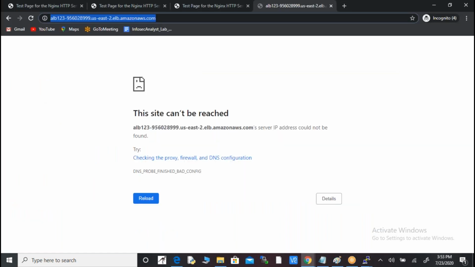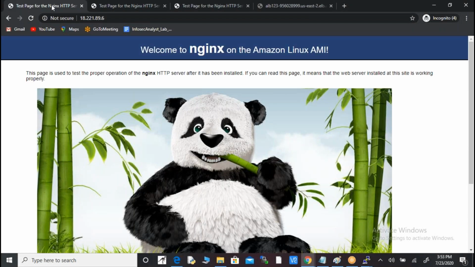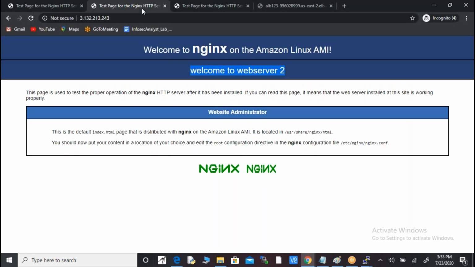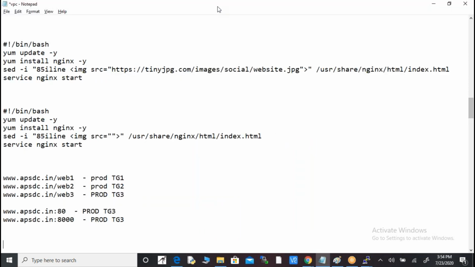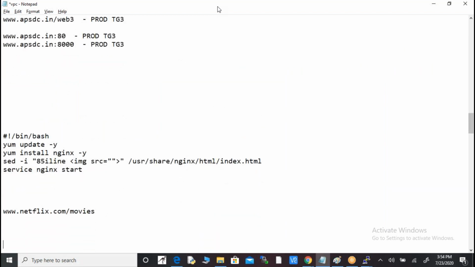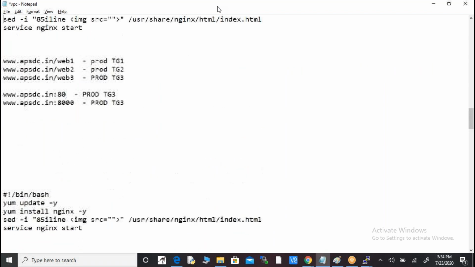So here 3 websites, 3 instances are there. This is web server 1, in the first target group ELB. This is web server 2, in the second target group, ELB1. And this is the third server, whose target is ELB2, right? But our requirement is in the application load balancer. The main advantage is that path based routing is available in